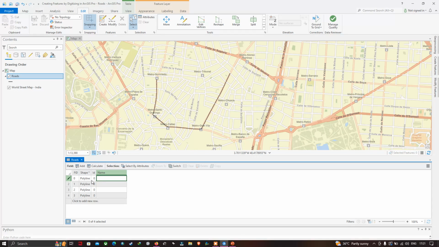Let me click this option. Now we can visualize here that this particular road has been highlighted. This polyline has been highlighted here. Similarly, let me select another polyline. Likewise, I have added R2 and road 2 is highlighted here. So now we have entered the name R1 for polyline 1 and R4 for polyline 3